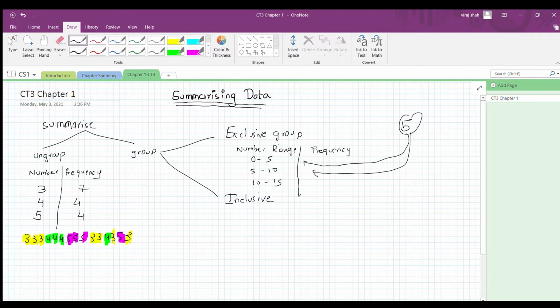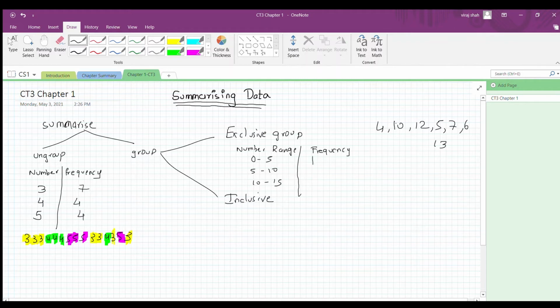So the word exclusive means that the last number, that is number 5 in the first row, 10 in the second row, and 15 in the third row, won't be included in that row, but would be included in the next row. So let's just see an example of it, so we are able to grasp that better. So there are basically only 7 numbers, which are 4, 10, 12, 5, 7, 6, and 13. So 4 is included from 0 to 5. So we will add a frequency here.